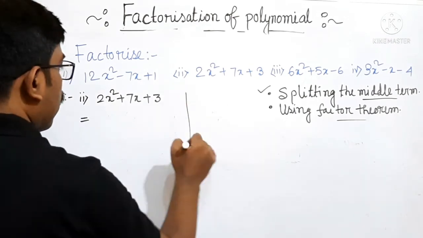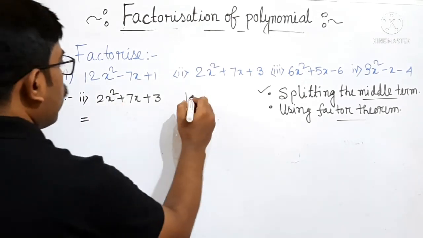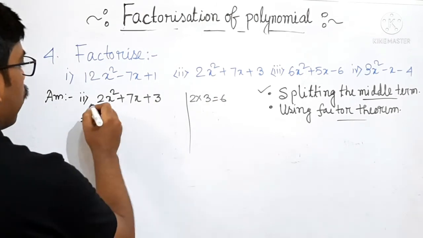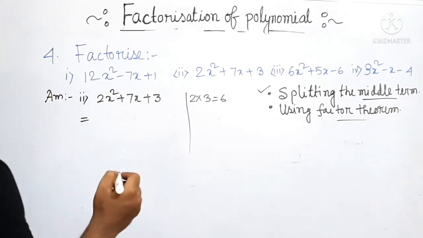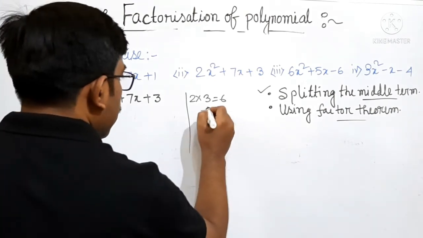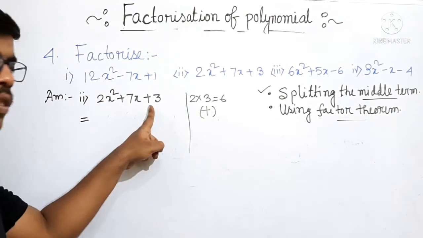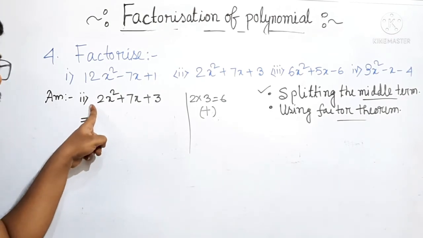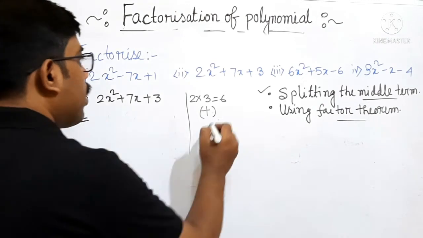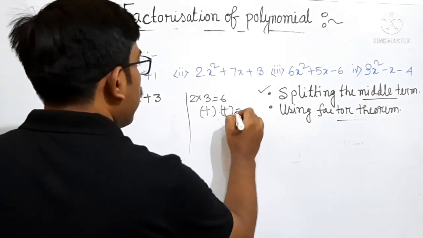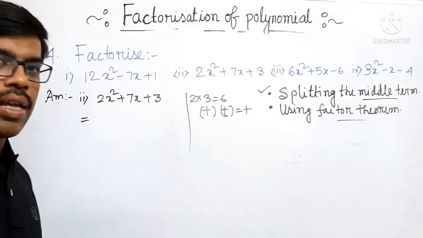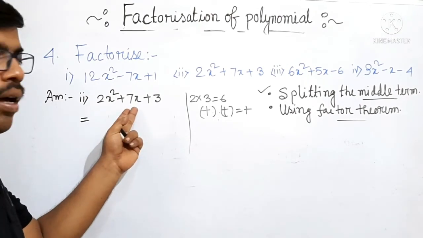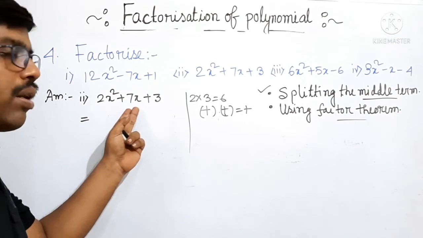So at first we will multiply these terms 2 and 3, it is 6, and the sign before 3 and 2 is positive, and positive after multiplication will always be positive. Here the sign is positive and here before 2 it is also positive, and we know that when we multiply two plus signs it will always be plus. So it is clear that we have to add the factors. Here we will add the factors.